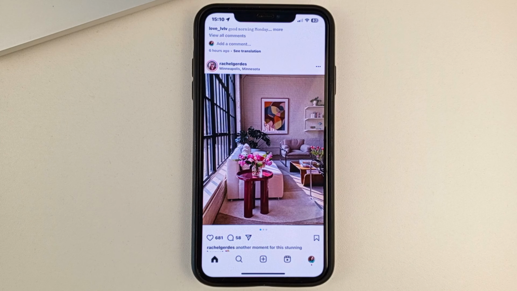Next, folks, in order to share some post to yourself on your page, I'll tell you right away that there is no such button or function to do this in Instagram. For example, as in Facebook, you can share any post to your page there, but in Instagram, there is no such thing. If you still want to post some photo to yourself on your page, what can you do?